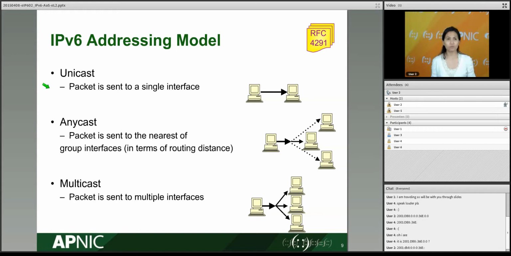The first one is unicast, which is when you send packets or messages from one interface going to another interface. One single interface to another single interface, you call that a unicast address, right? With anycast,